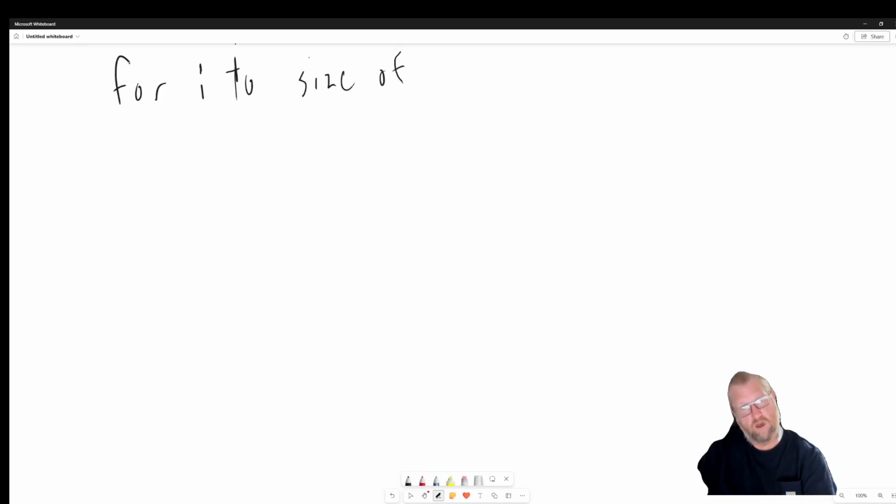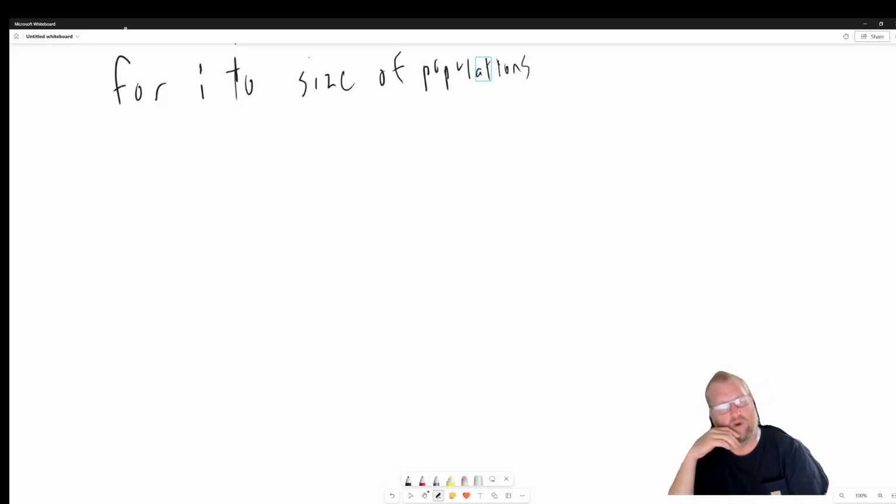This is where you do the len of populations. So it's just the size of populations. So we start i at 0 and i goes all the way up to 1 less than the length or the size of populations. And so the first time through, we're going to be setting diff,